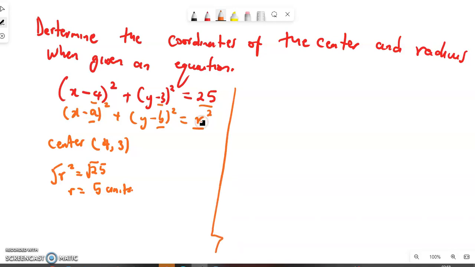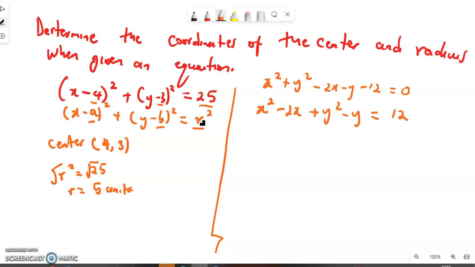Alright, just check another one. Let us say we are given the equation of a circle in this form: x squared plus y squared minus 2x minus y minus 12 is equal to 0. So firstly here we need to rearrange our terms. So we have x squared followed by negative 2x. Then we have y squared minus y